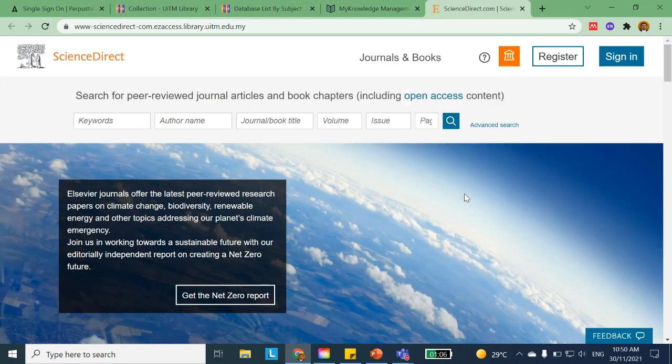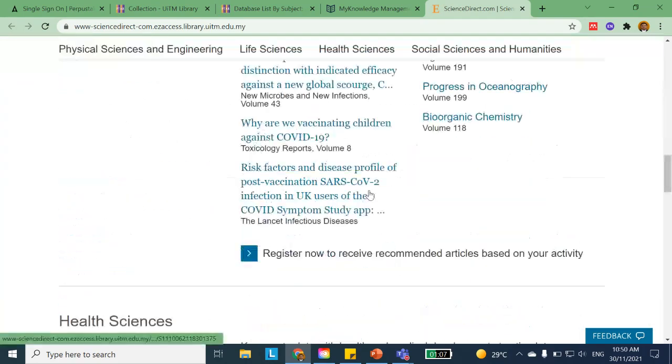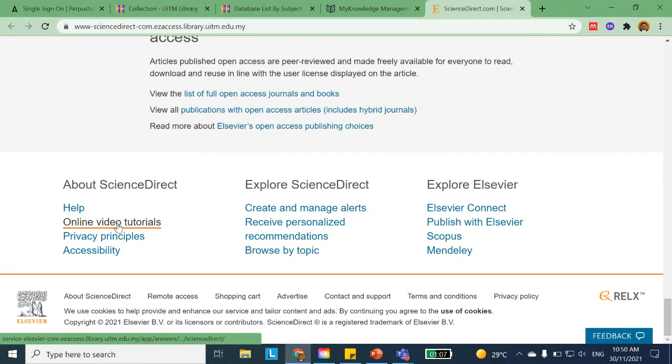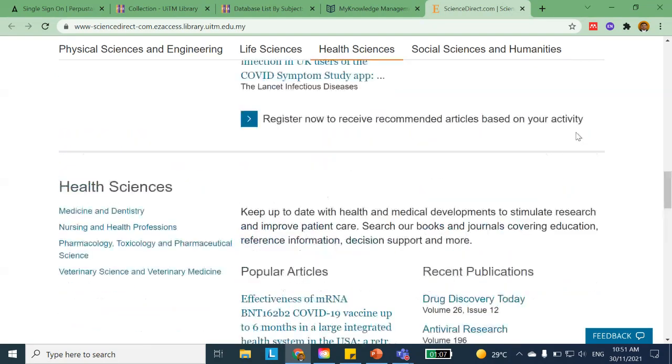So this is the online database page that you are currently accessing. It is best, whenever it is your first time accessing an online database, to search for the search tips. In some online databases, the search tips are under this search box, sometimes in one of the menus above, sometimes below, as online video tutorials, and sometimes just text. So it is best to spend 5 to 10 minutes looking for the search tips so that you get to know